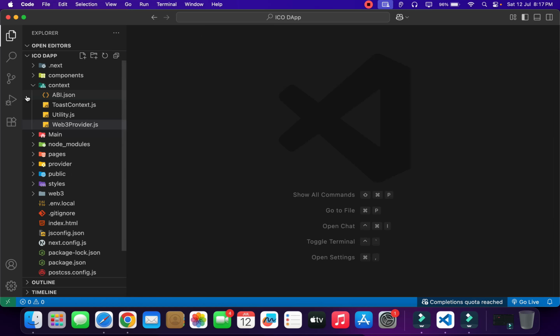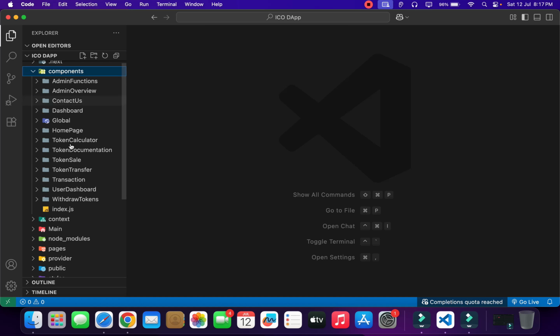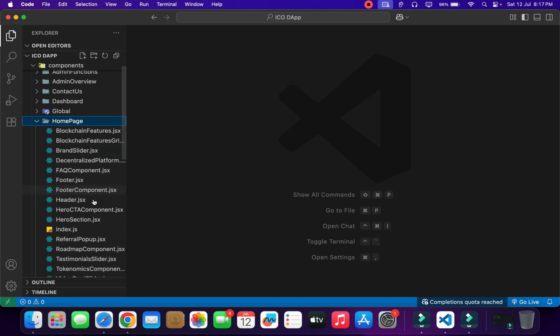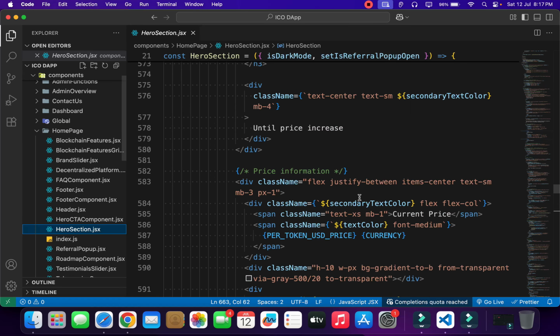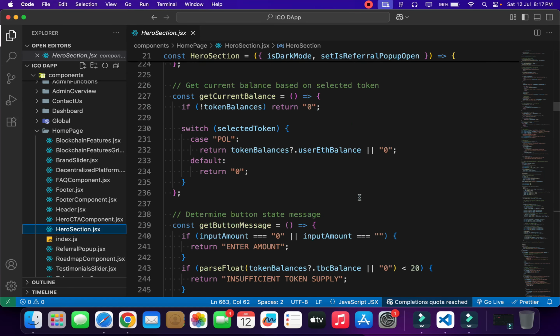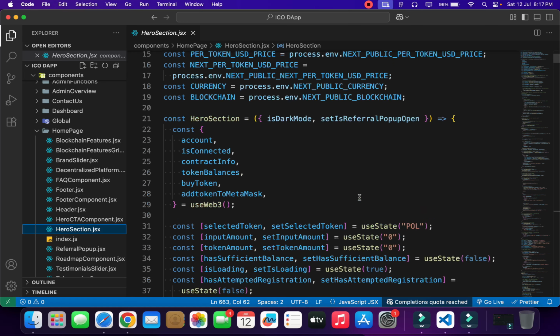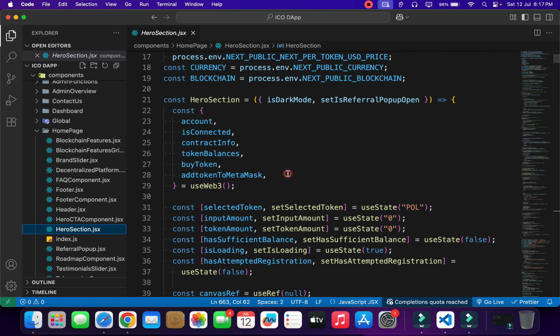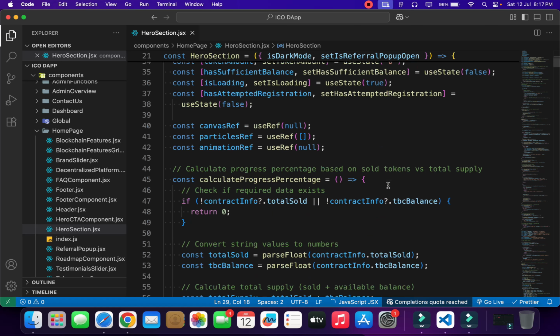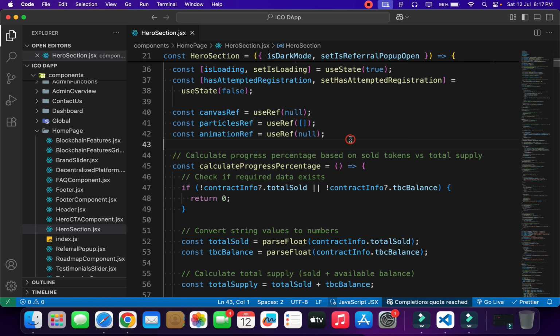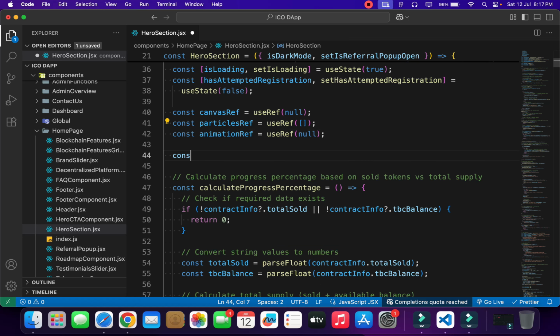So all we have to do is to come back here in the Web3 and go back to our home section, go back to our hero section, and I'm going to import this particular function as well. So let's come back here. I'm going to import this particular function and I'm going to build another utility function right up here. So I'll simply come back here, call set token,